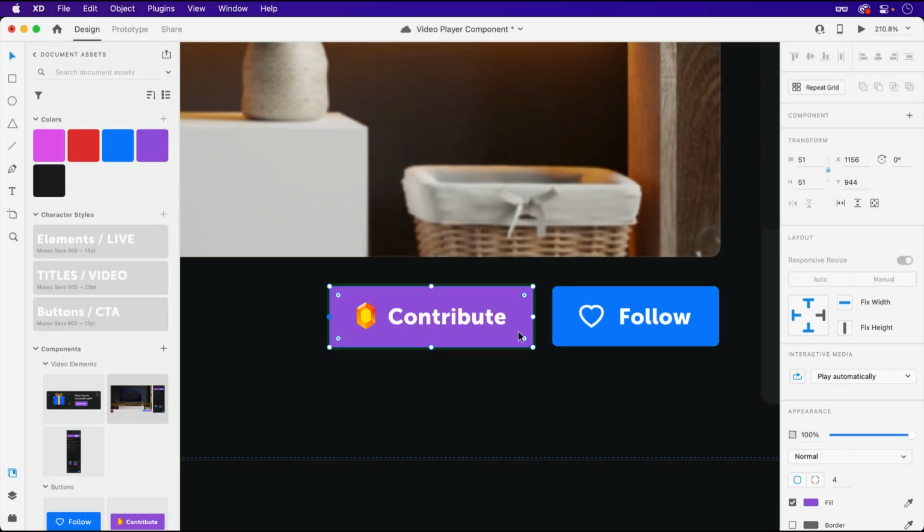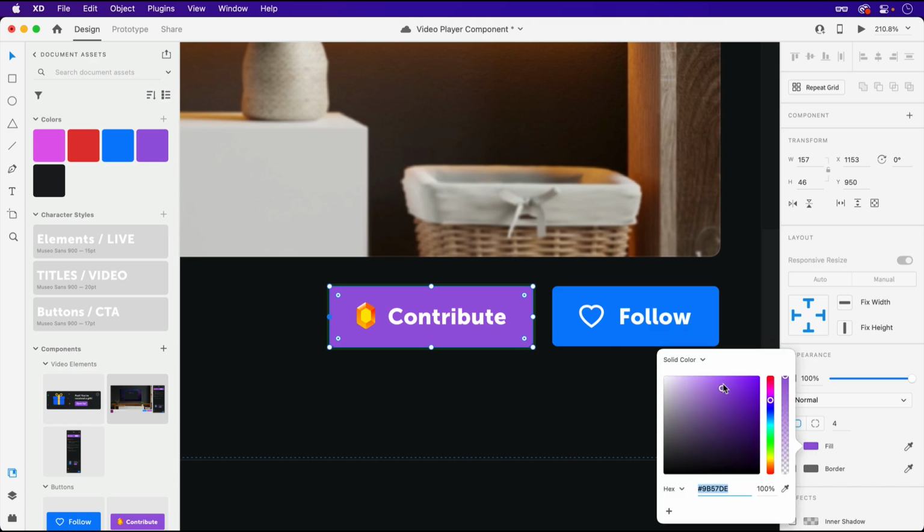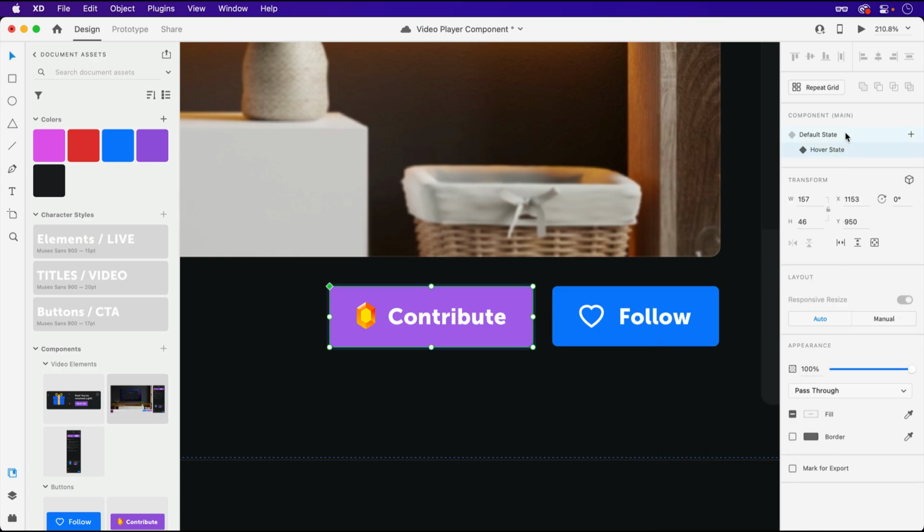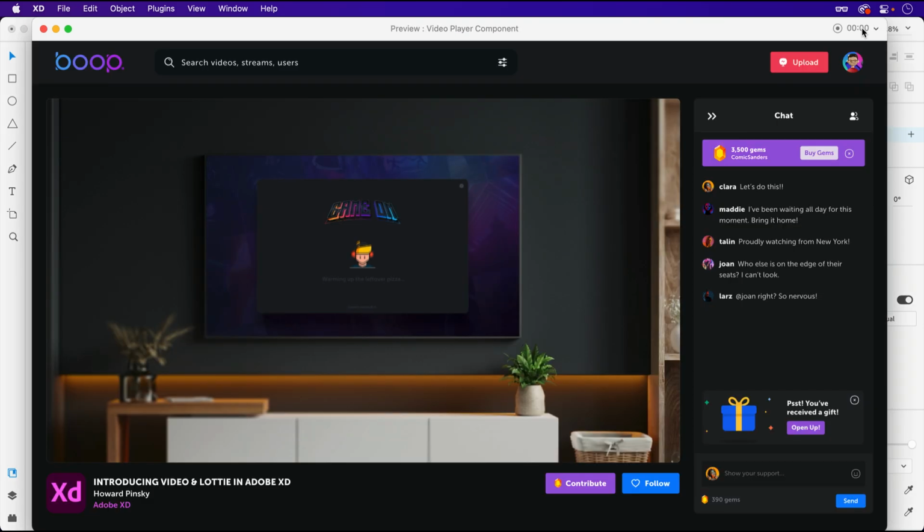I'm also going to very slightly tweak the button's color to add an additional visual that a hover is taking place. This is optional, but often helps users. With the hover state now complete, let's switch on back to the default and launch the preview.